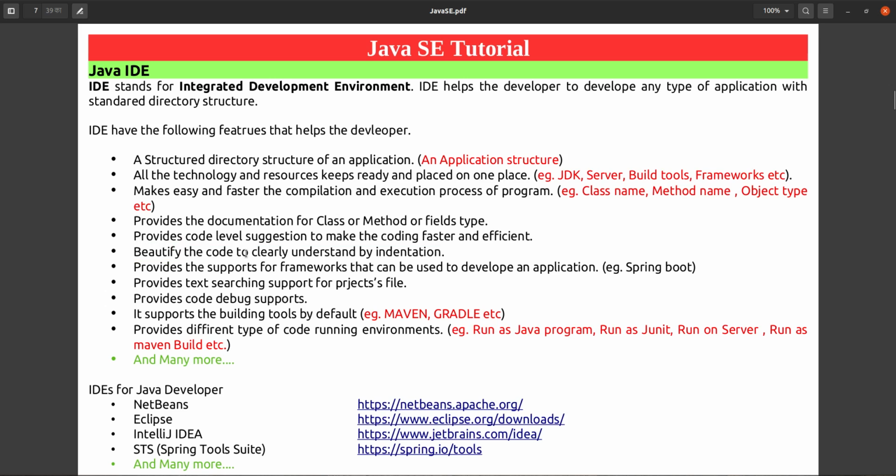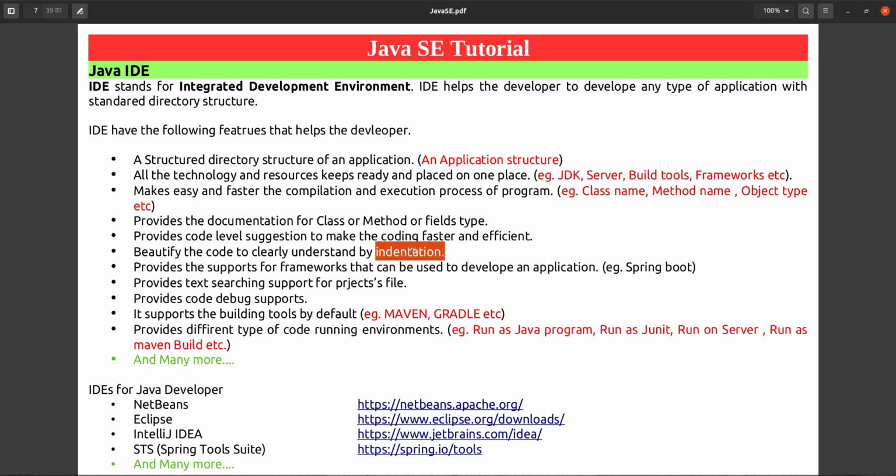Beautify the code to clearly understand by indentation. Now what is indentation? Suppose you have written a program and you have not given any spaces.